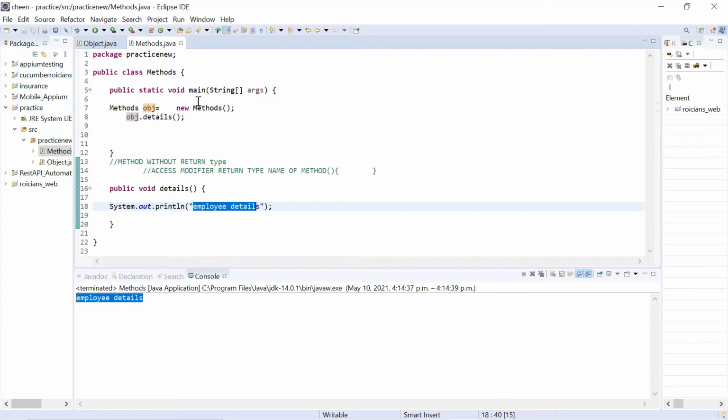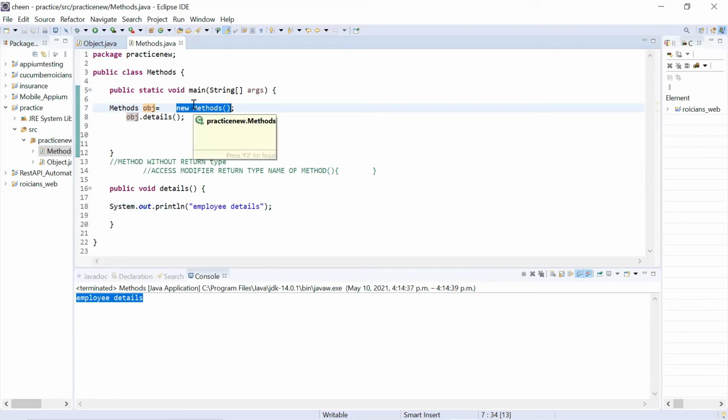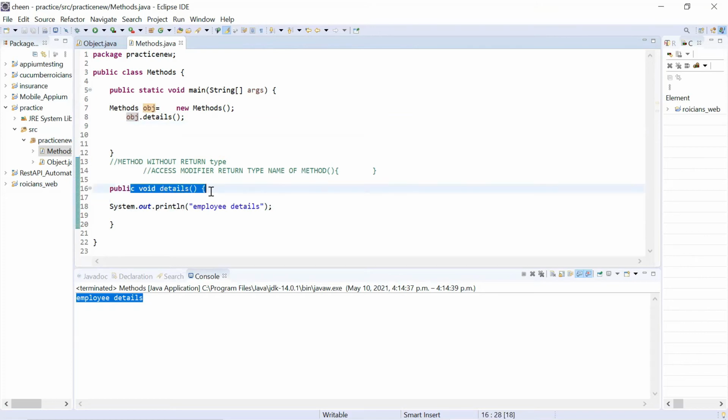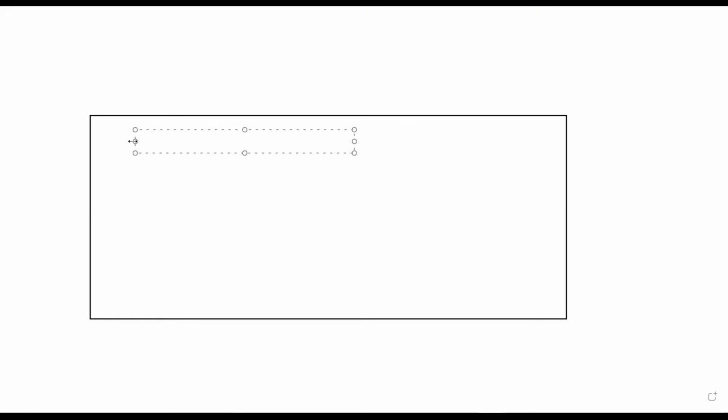JVM will first come to the main method and read what is written over here. So the first thing it's going to do is create a memory area for the methods class. It's going to create an object for this class, in which this particular method will be copied. So let's understand this. Let's say my class name is ABC.